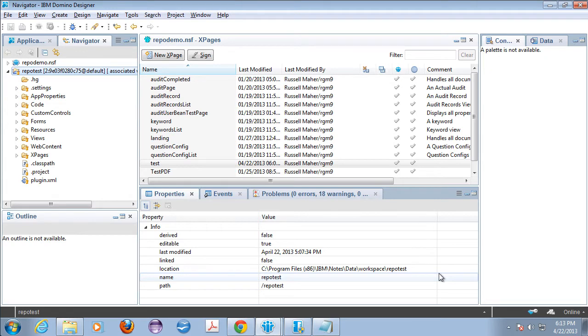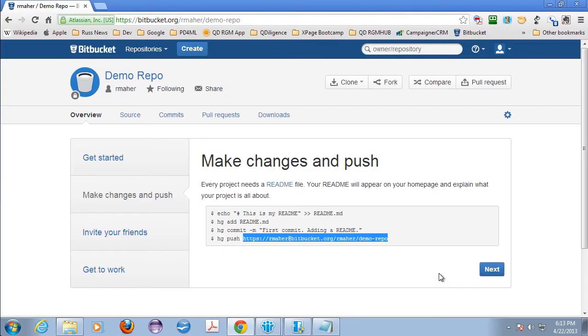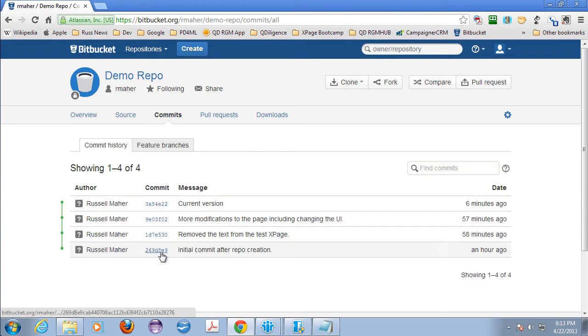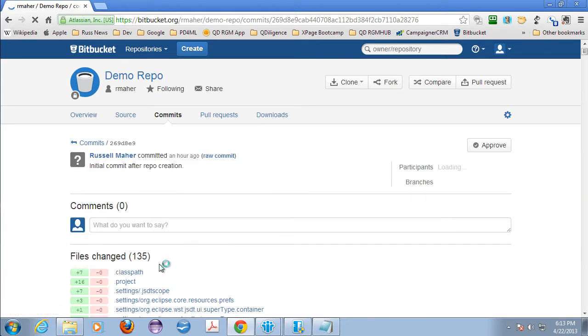It said it's done. So if I go in here and look at my repo now, sure enough, I see, hey, Russ created the repo. I see that there are several commits. If I look in the commits list, I can see the commits. Inside of each change set, I can see all of the things that got changed. So the initial change set, the initial commit, is actually pretty big. There's a lot of stuff in here,